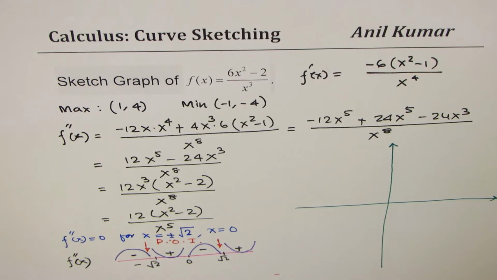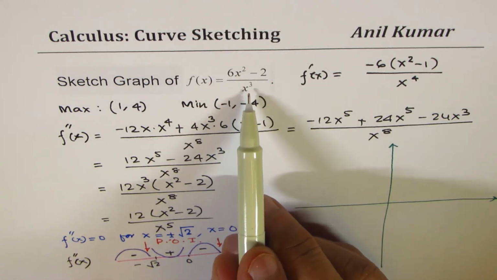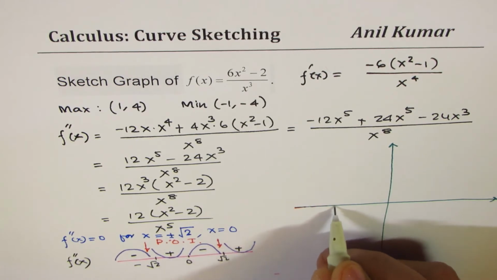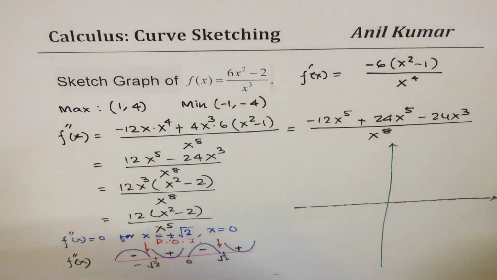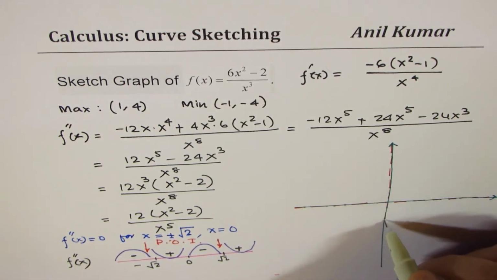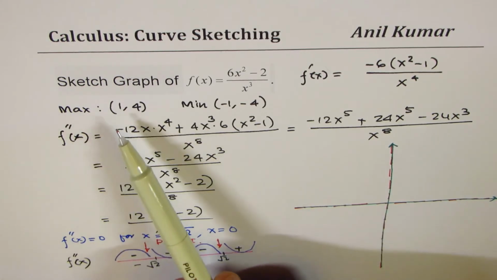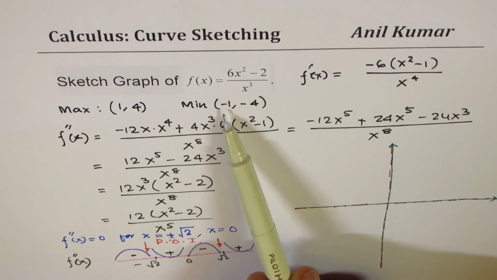And also put down all the values which we have. So what we learned here is that since the degree of denominator is higher, we have a horizontal asymptote, and that becomes the horizontal asymptote. Perfect. Vertical asymptote, x equals 0. We have vertical asymptote. Now, we found that the maximum is at (1, 4) and minimum is at (-1,